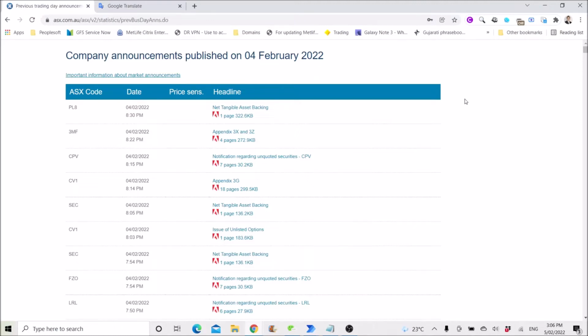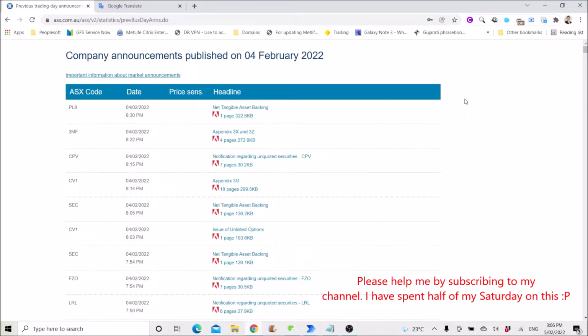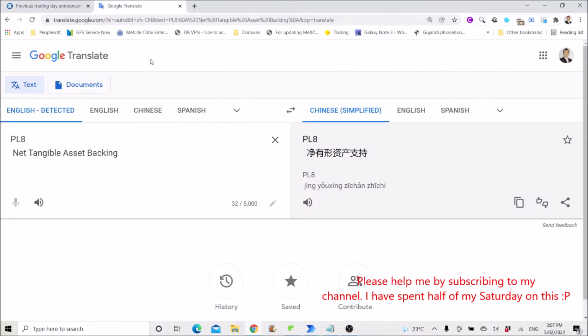Hi everyone. Today I will be showing you guys how to automate refreshing a list of headlines or news, and then copy the headlines and put them into Google Translate